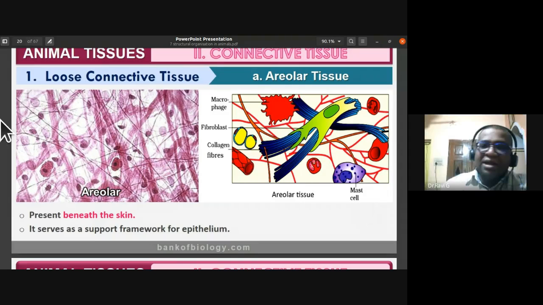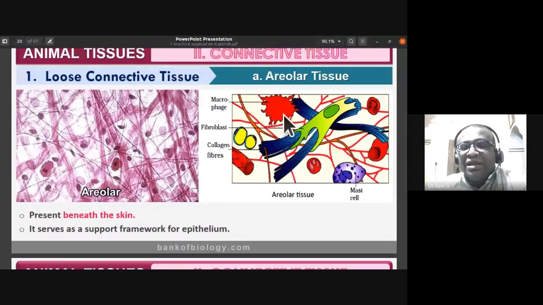Before we go into the content, let us understand the diagram. Here you can find the amoeboid shaped macrophages. And you can also see the mast cells. The blue colored one is the mast cell, which is nucleated. Then you can also notice the important one, the fibroblast. This cell is the fibroblast, which secretes elastin and collagen. You should remember that this fibroblast secretes fibers which are made up of elastin or collagen.